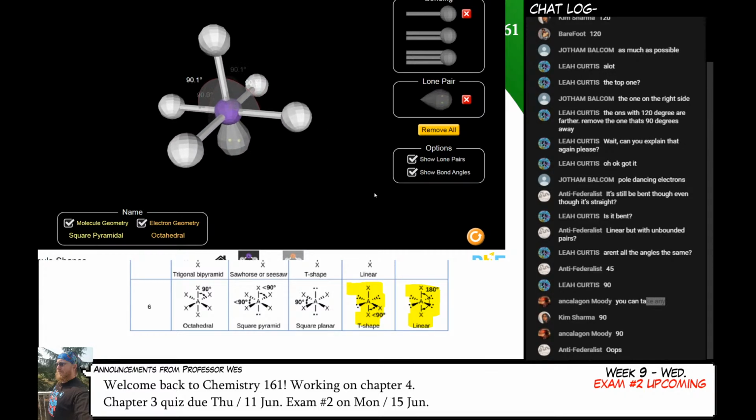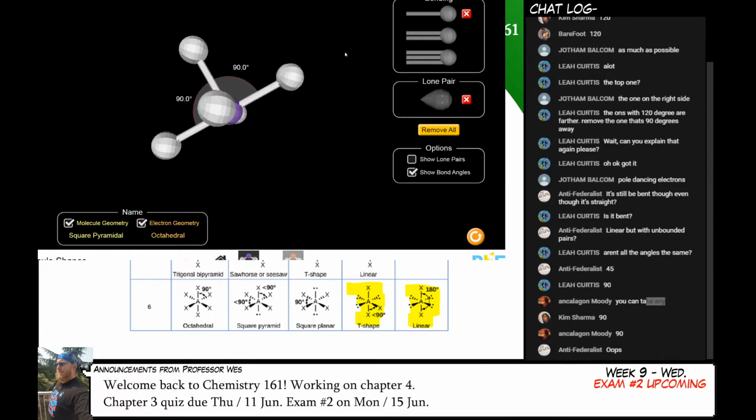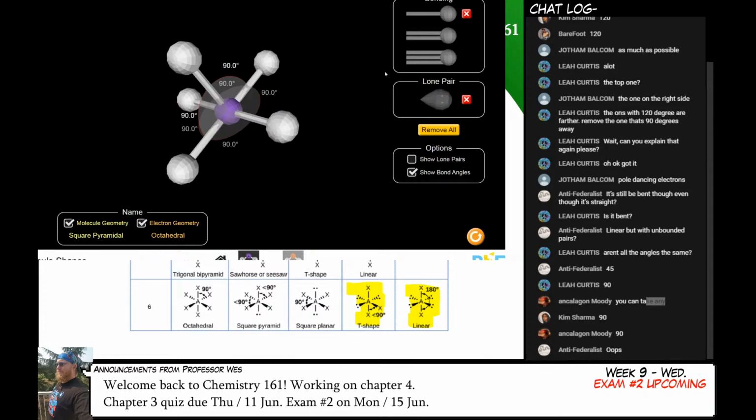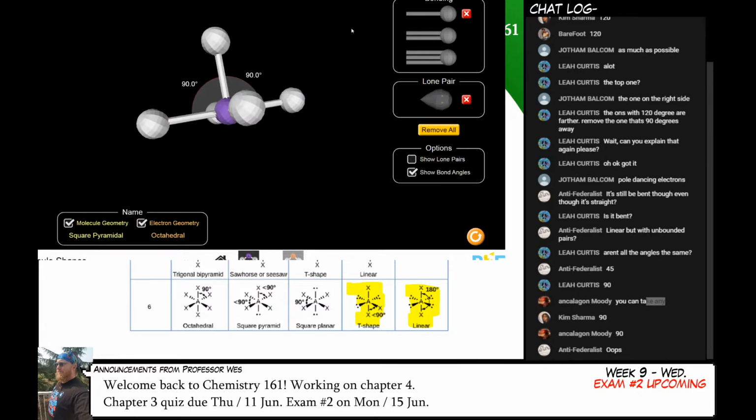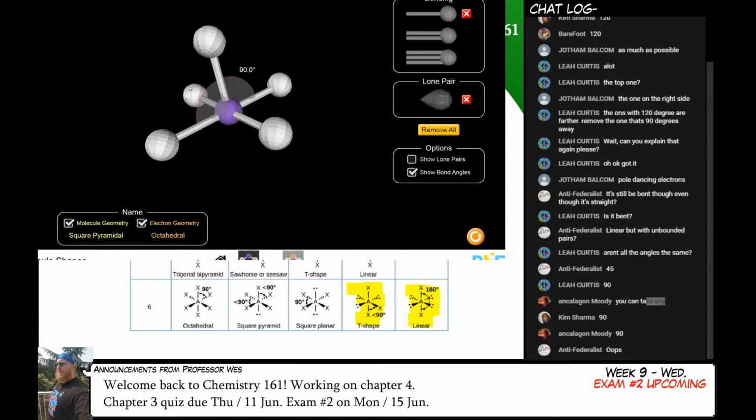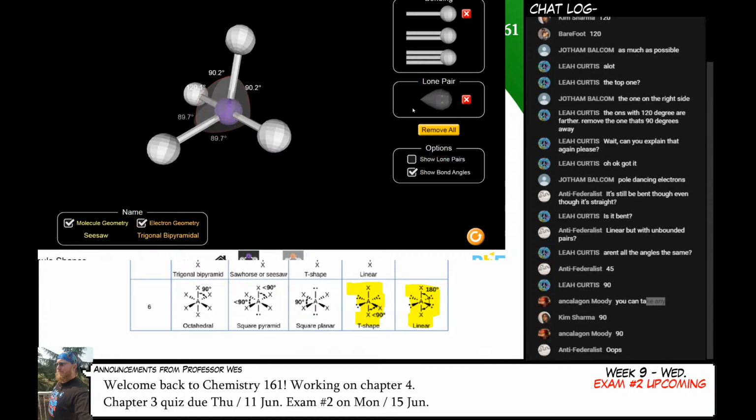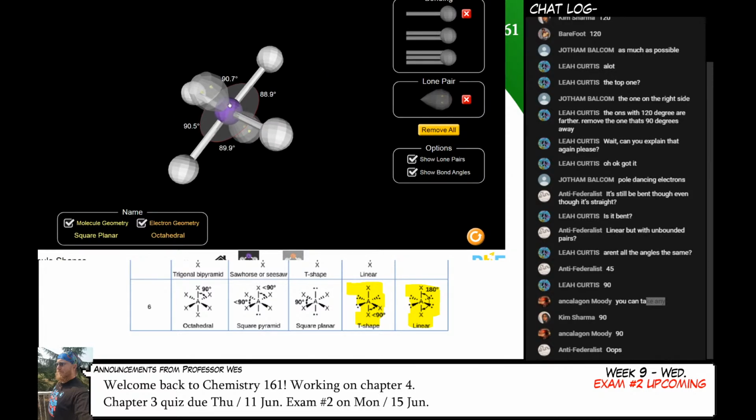And then the next thing you can do is you can get rid of the lone pairs so that we treat them as invisible. So here's what my square pyramidal would look like. You can see the square bottom, like this, and then there's just one coming out of the top. If I get rid of that one, and I add in a... Oh, I have to actually turn these on to do that.